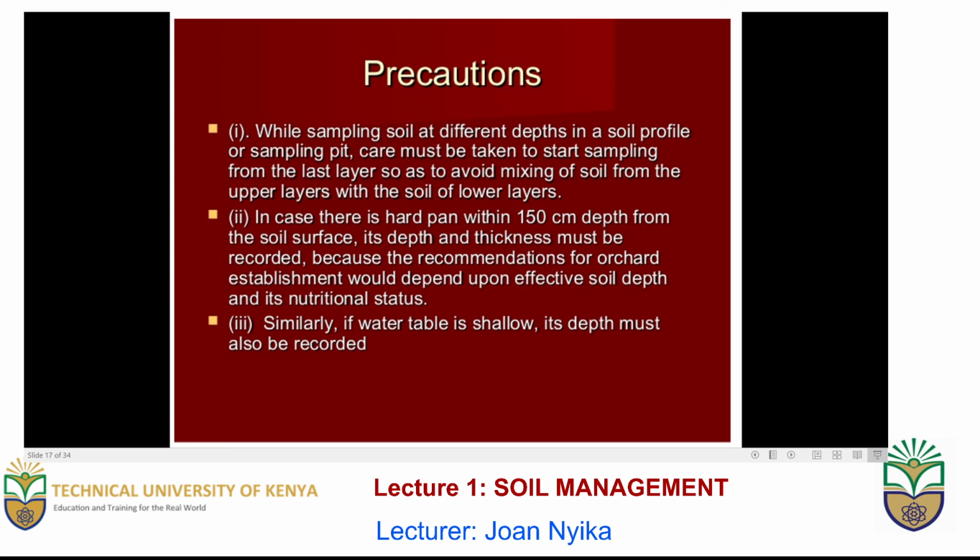Lastly, if you are sampling soils within a soil profile, you should start from the lowest horizon to the highest horizon. This is a precaution that ensures that the soils from various horizons of various depths do not mix with one another, and hence there are accurate results of the various nutrient contents at the various